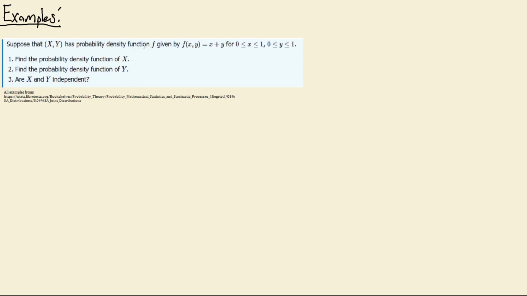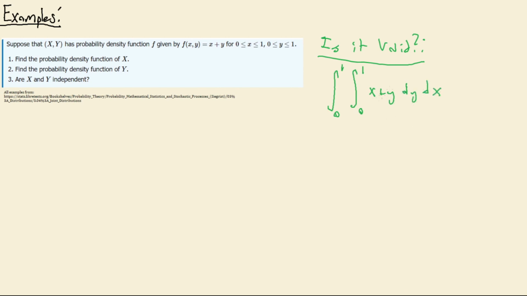I'm going to do an additional problem here just to see if this is a valid probability density function, but I'm only going to do that with this one, and then we can presume that for the rest of the problems. So, is it valid? Just to remind ourselves, we have to integrate over all possible values. Here our values of x range from 0 to 1, and so do our values of y. So we integrate this probability density function from 0 to 1 for x and y,